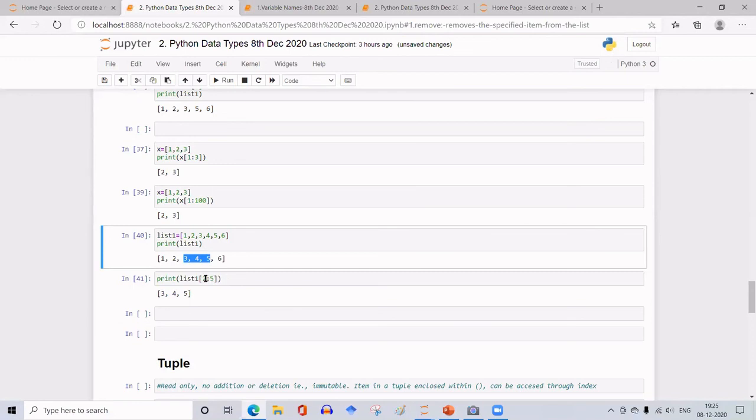Okay. So suppose I want to start from the beginning of the list. What should I do? 0 colon 5. Or I need not even specify the starting point.